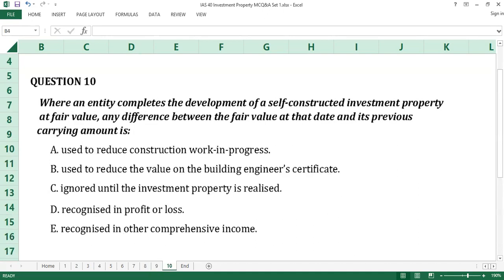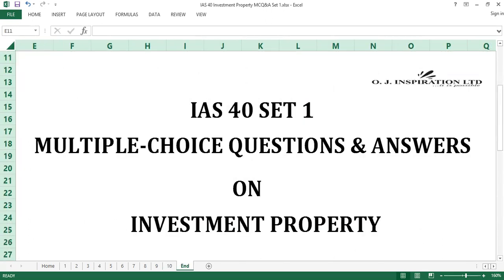Question number 10. The answer to question number 10 is D, recognized in profit or loss. When an entity completes the construction or development of a self-constructed investment property that will be carried at fair value, any difference between the fair value of the property at that date and its previous carrying amount is recognized in profit or loss. D is the answer to question number 10. That is all for this